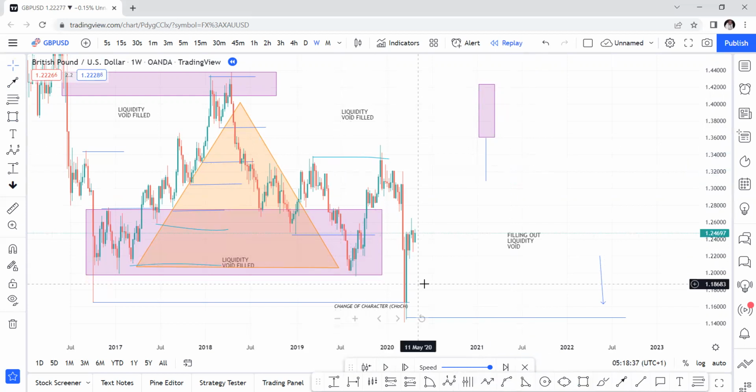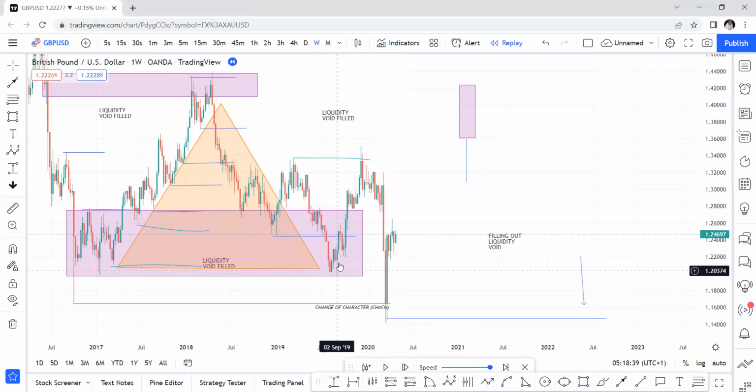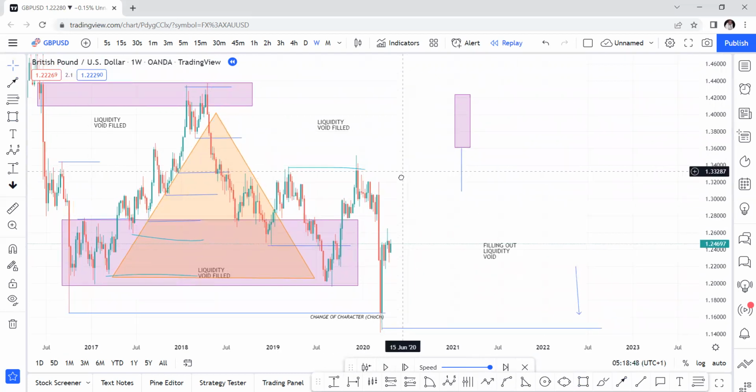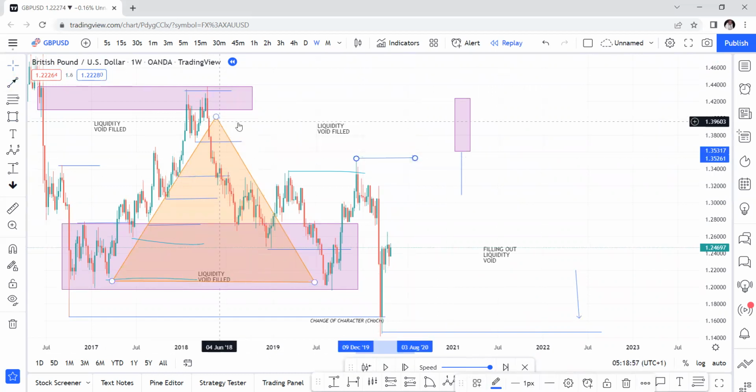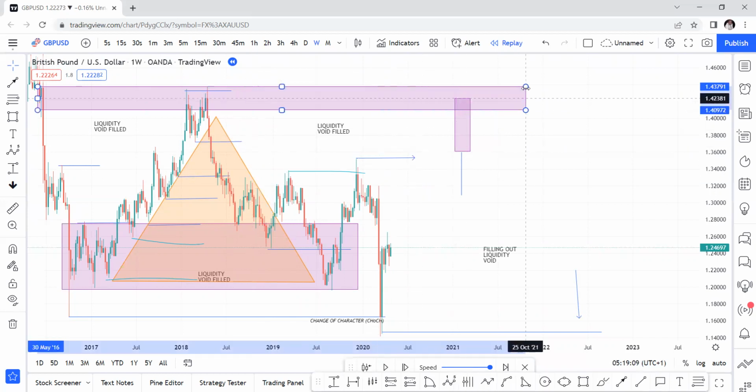So here you must have got it down. And if you look carefully here, you see that the void has been filled. The void has been filled, and what happens? The market moves opposite to clear out these highs, new highs being created. The market will clear out all these highs, then it comes to fill up this liquidity gap here. There's a gap because this has not been tested. The market will usually go up there and fill up that gap, and what